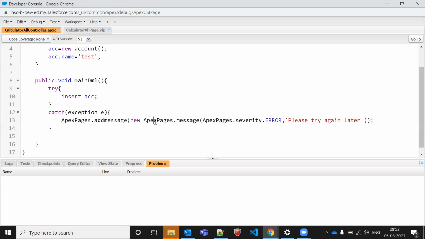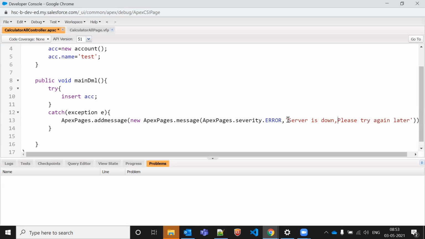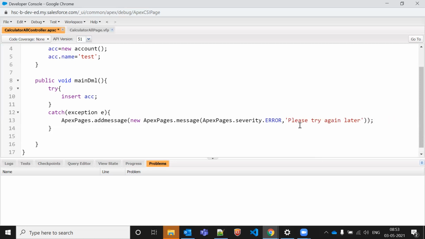I need to go to all the Apex classes, right? I need to write here, server is down, server is down, server is down, like this, copy and paste. Maybe while doing all these things, I mistakenly forget one class, because there are lots of classes. For us, that is one class, but for the client, there are lots of things. So that might be a challenge for us. Are you understanding the concern or not?